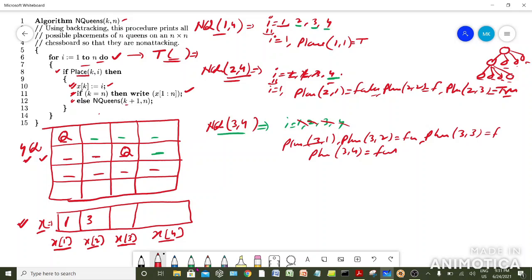Fine, it means all these cases were explored and they all signaled to backtrack, so we need to backtrack to this one. Okay, so these become our dead nodes, and if all of its children become dead nodes, it means it also becomes a dead node, it will also backtrack. Okay, now remain on the algorithm tracing only, leave that part. So all these 4 options were exhausted, 3 options were exhausted.